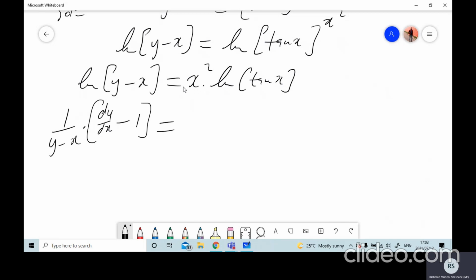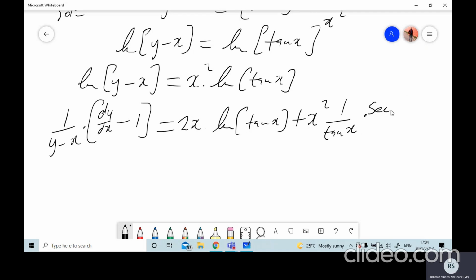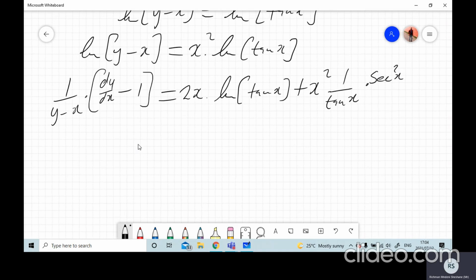As you can see, this is a product of two functions, x squared multiplied by ln of tan x. So for the derivative, we apply the product rule. The derivative of the first is 2x, while we leave the second, plus, now we leave the first and derive the second. The derivative of ln of the function is 1 over a function. In this case, our inner function is tan x, times the derivative of tan x, which is sec squared x. Okay,